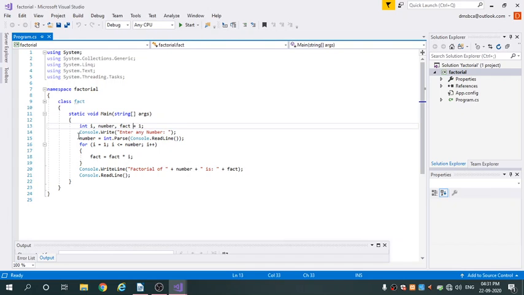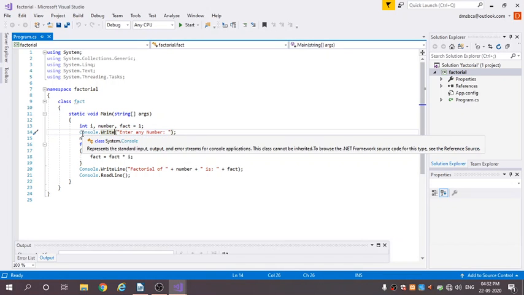And after that Console.Write in bracket, in double quotes, enter any number, double quote complete, bracket complete, semicolon. This line prints this message or text on the console, enter any number.